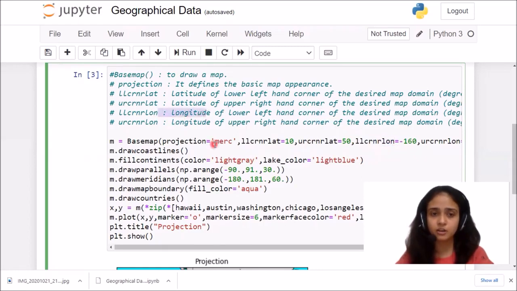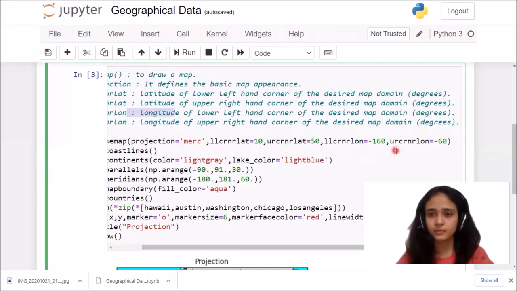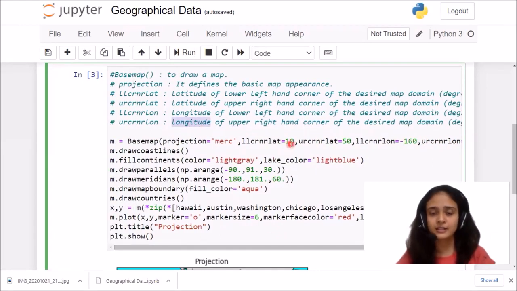So it will give me the longitude. Then my short form is U means upper, R means right, CRN means corner, and LON means it will give me the longitude, that is degrees I am passing. So that is the 10 degrees, 50 degrees, minus 160 degree, and the minus 60 degree.